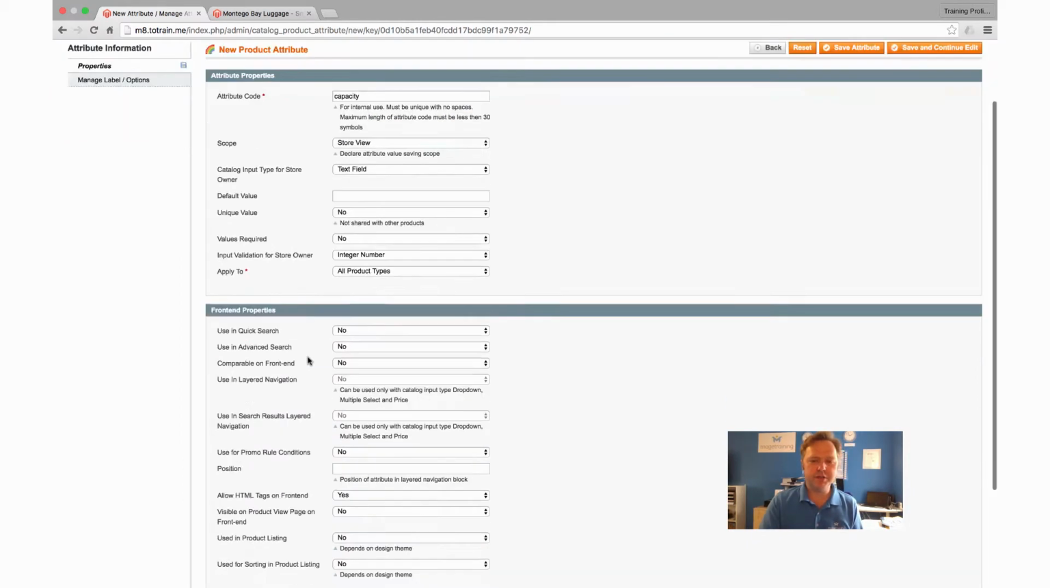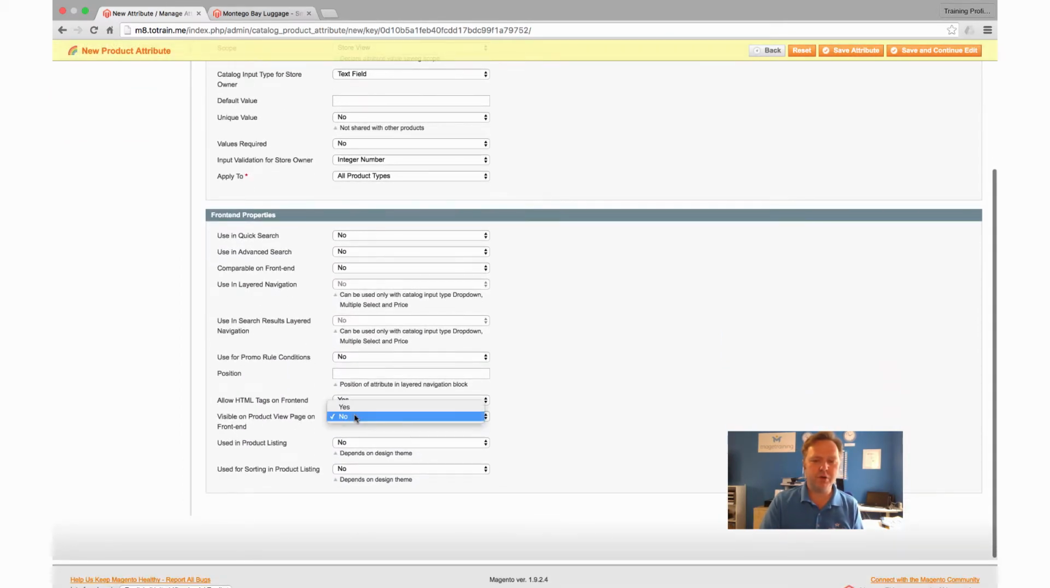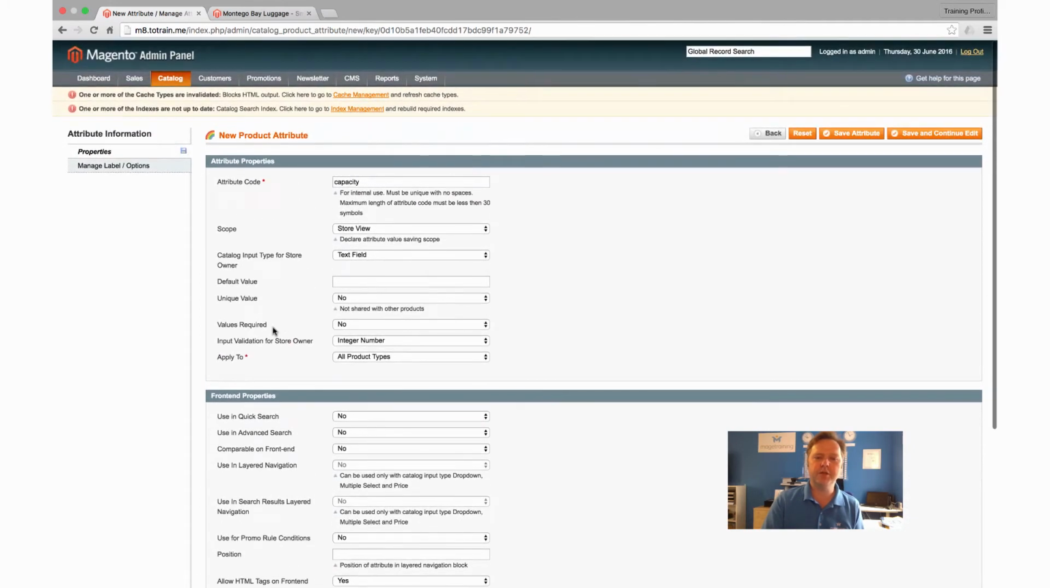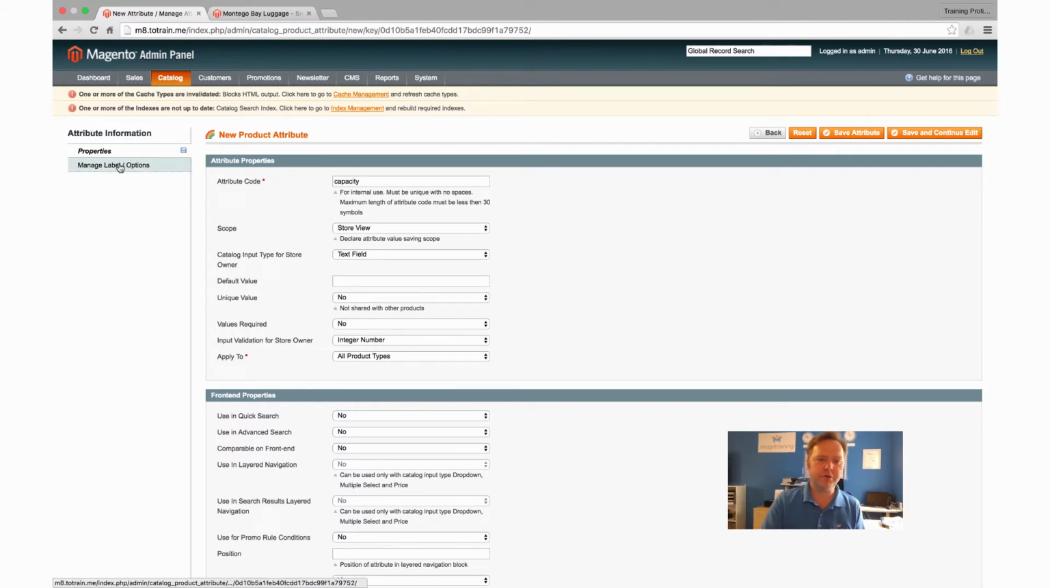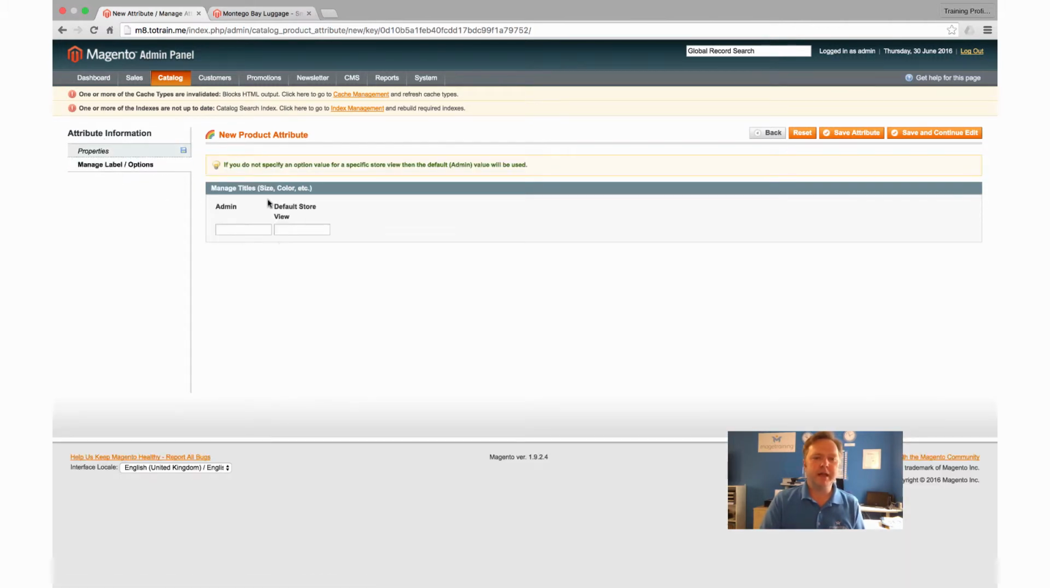Again, products to apply to, I'm not really concerned about, and for visible on the front end, I want that set to yes. So when we do apply these to our attribute set, they will be visible on the front end. Coming to the labels, I've just got a label here. But this time I'm going to make sure that I qualify what the unit is that's being used. So I'm going to say capacity, and then in brackets, in litres. Again, I could change that for the front end, but I'm not going to. If I save that,